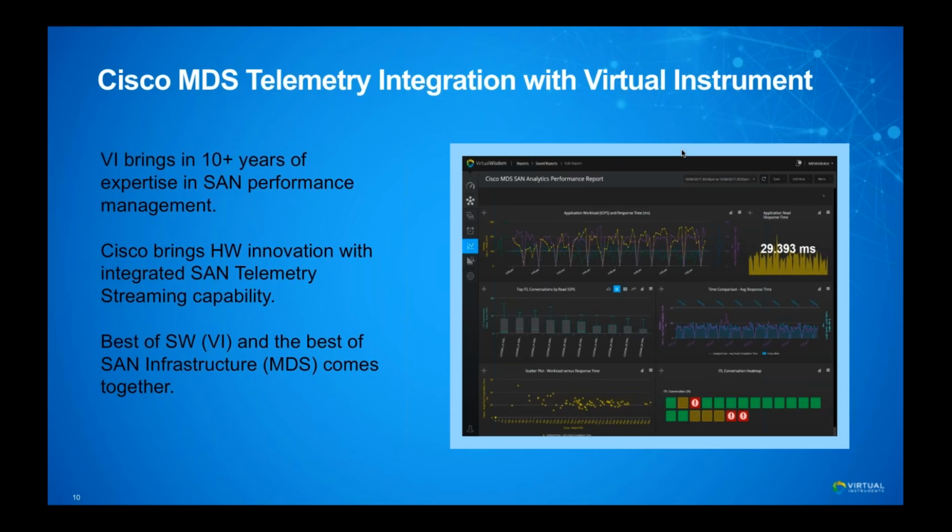And when, a few years back at Cisco, we started investing in this integrated telemetry capability on our switches, I thought it would be best for the best of software, which is Virtual Wisdom, and the best of SAN infrastructure to come together and offer the capability to our customers to solve their problems and make their operations more proactive.